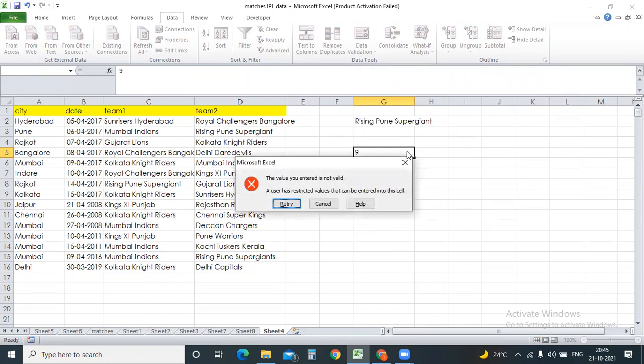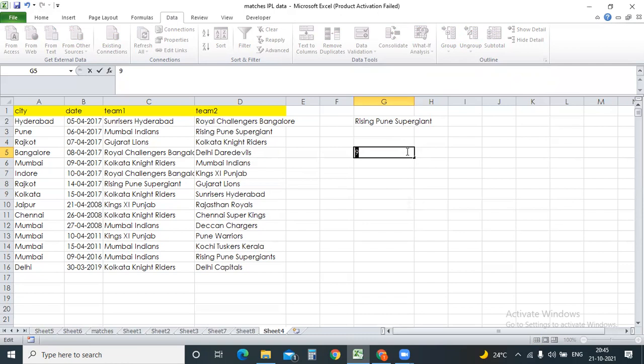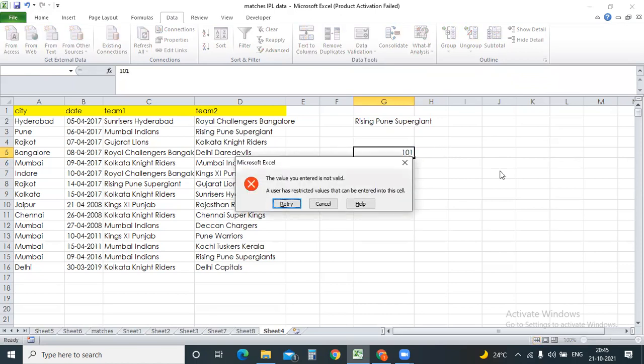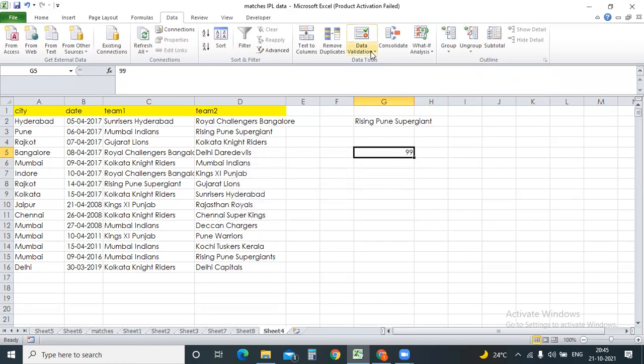If I design something and give this Excel to you, when you use a wrong number, it will give you an error. But if you enter 99, there is no error. If you enter 101, we should get the error, right? So this is about data validation. Until you give the right number, it will keep giving you the error.